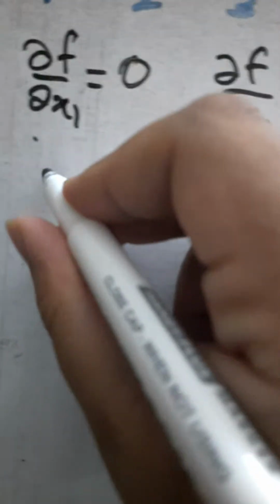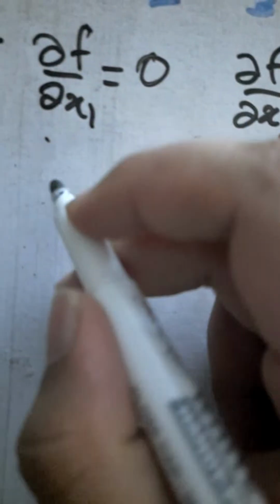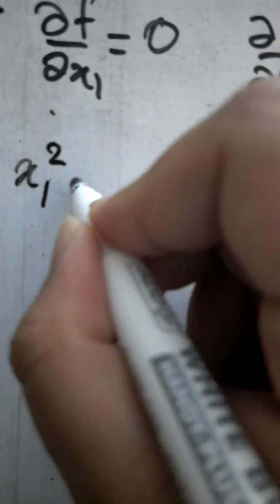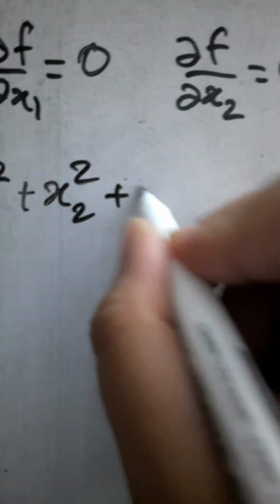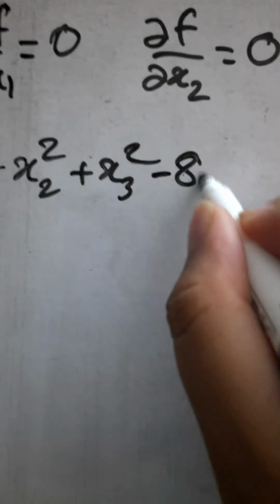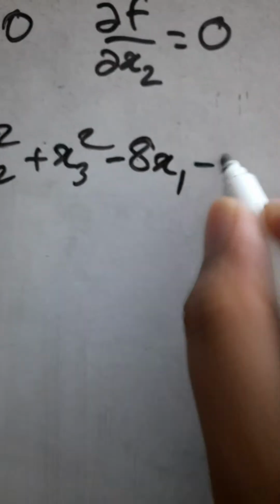So we take the equation. When we do del f by del x1 equal to 0, we would take x1 square, since we can already find this out here, but let's elongate it for you. So x1 square minus 8x1 minus